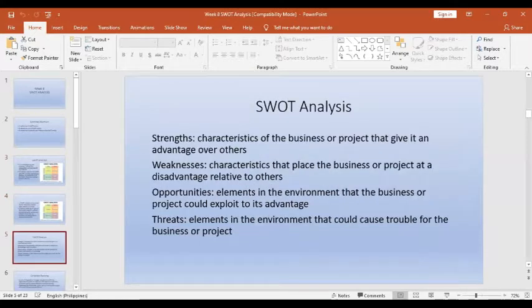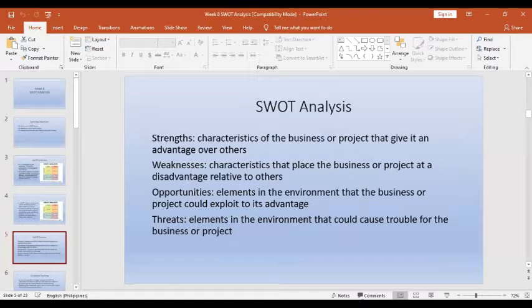As I had said, SWOT analysis is used for decision making. It's about how we analyze or scan the business resources. The SWOT analysis is composed of strength, weakness, opportunity, and threats. The strengths are the characteristics of the business project that will give an advantage over the competition. The weaknesses are the characteristics of the business that might be disadvantageous, where the competitor will be